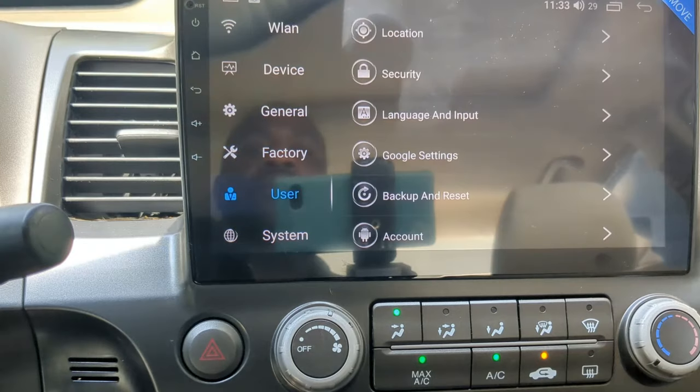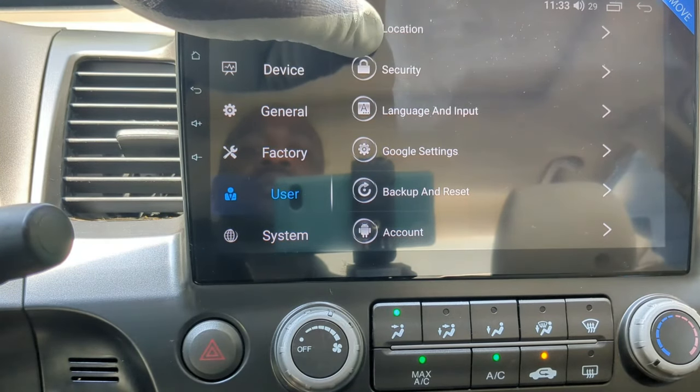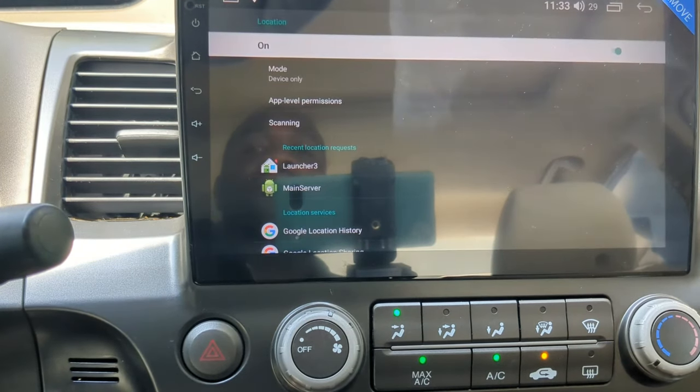And that's it really for this 10.1 touchscreen Android radio for Honda Civic 2006 to 2011. Just play around with the apps, and if you are interested in this radio, there will be a link in